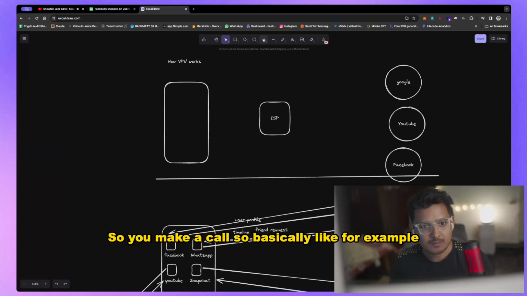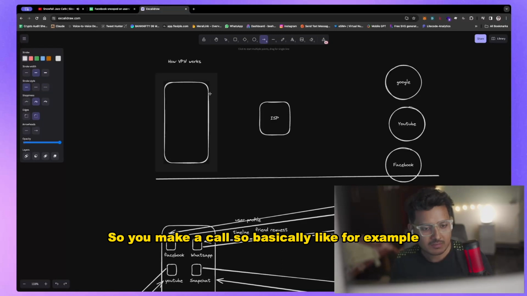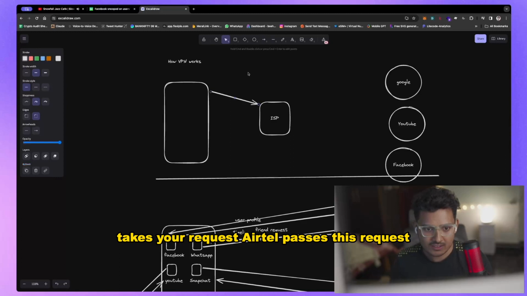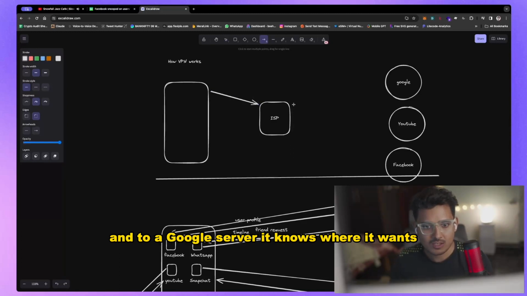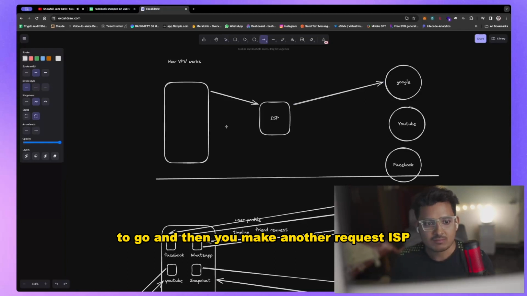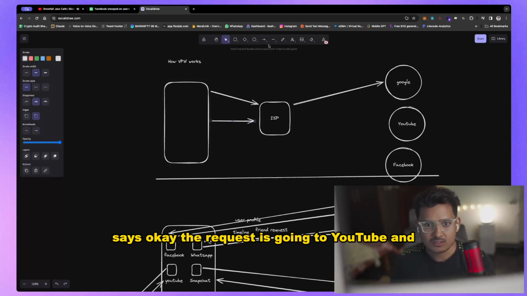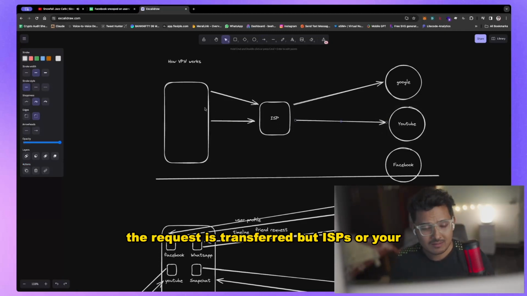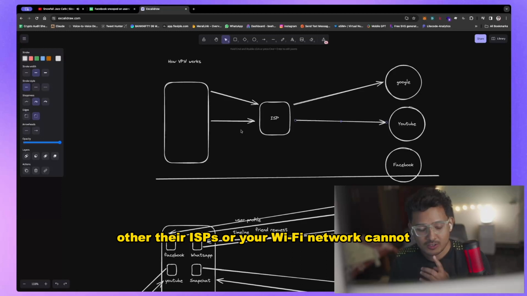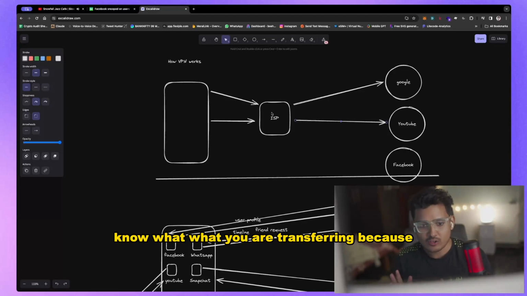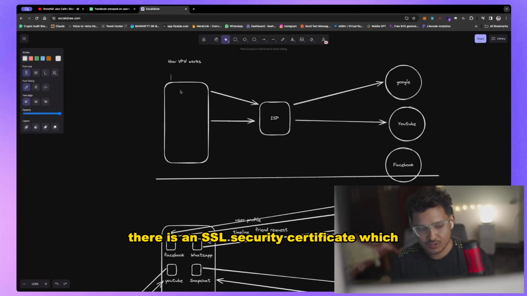So you make a call. For example, your ISP is Airtel. You make a request, Airtel takes your request, and Airtel passes this request to a Google server. It knows where it wants to go. And then you make another request. ISP says, okay, the request is going to YouTube, and the request is transferred. But ISPs or your Wi-Fi network cannot know what you are transferring, because there is an SSL security certificate which is